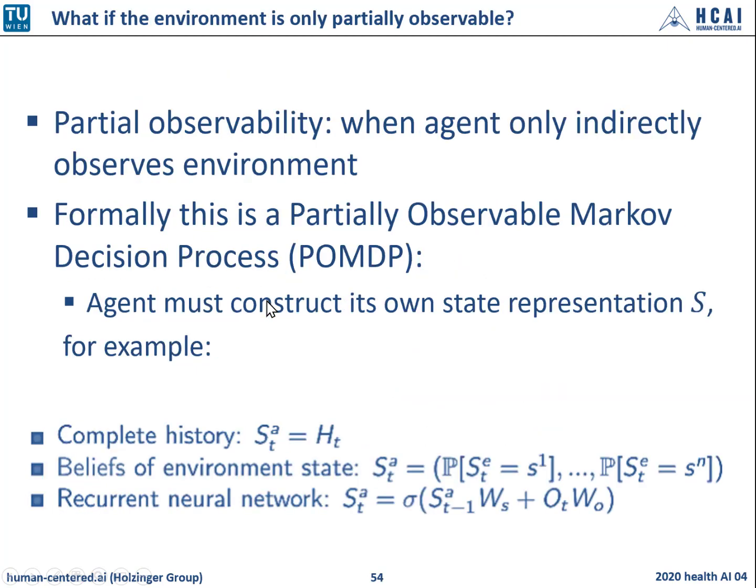And what if the environment is only partially observable? So a good example here is a robot. Think of a robot relying only on computer vision. It's your vacuum cleaner robot or whatever, and which is not aware of its current location. Or think of an easier daily thing, poker play, only public cards are observable for the agent. And this means that the agent must construct its own state representations S.